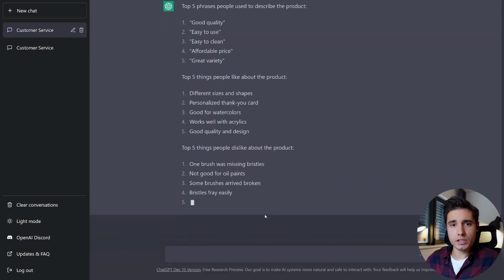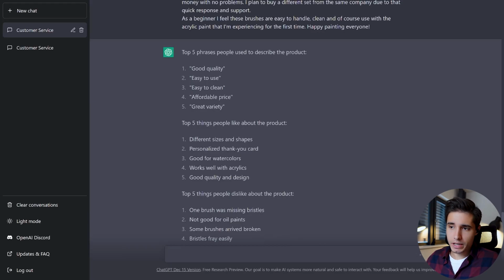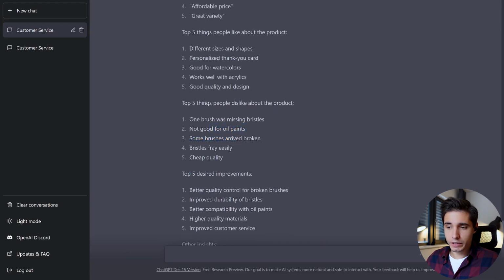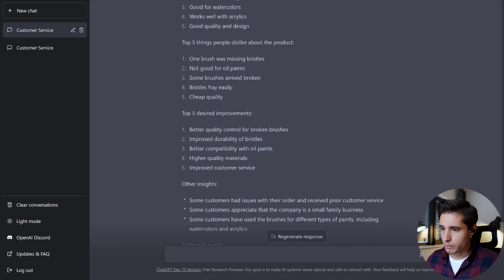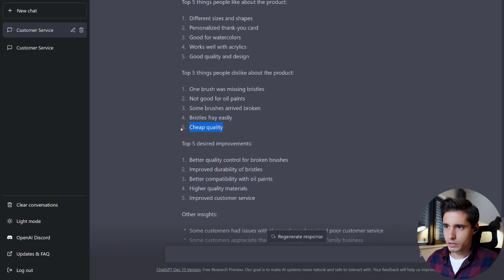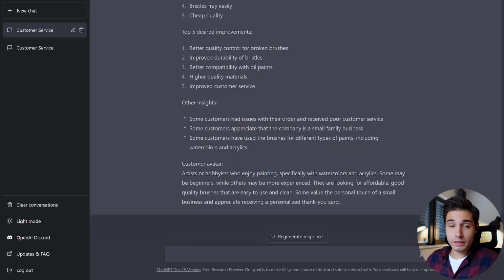So as you can see, it is analyzing the reviews we pasted there, and we are basically getting the phrases, the things people like, dislike, desired improvements, right? As you can see, some of these can be very valuable if you are doing product research, better compatibility with oil paints, better customer service, higher quality materials, right? You can see cheap quality and some other insights, right? You can see that some customers appreciate that the company is a small family business,